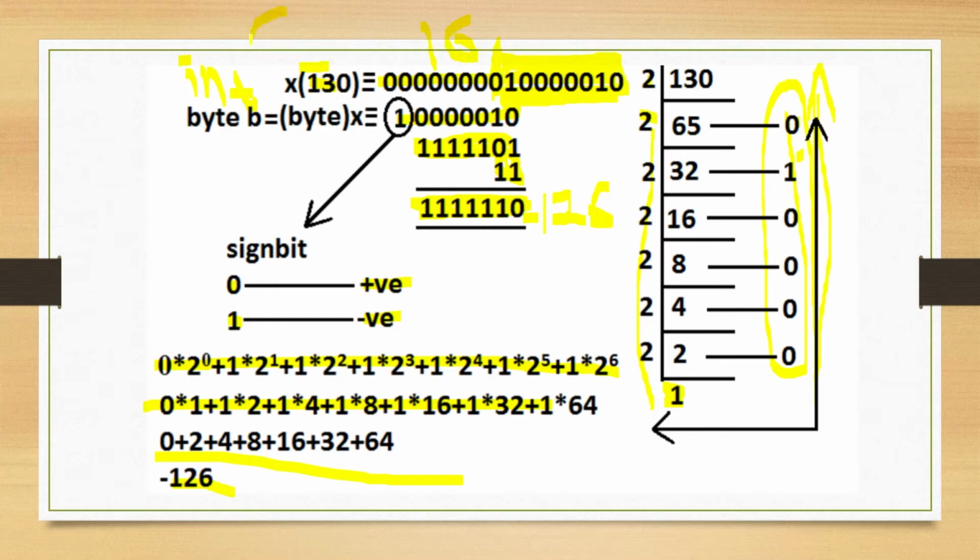would be 0, and then there would be the remaining bits for representing the number. Previously I said that this 0 was used for representing the sign, but I said it wrong, sorry for that. It is the most significant bit. Write this down: the most significant bit is used to indicate sign. In this 32-bit value, the first bit from left to right is 0, which indicates that this int value 130 is positive.